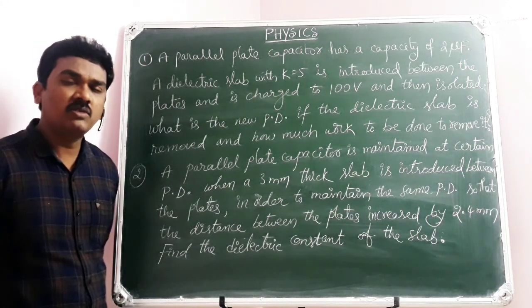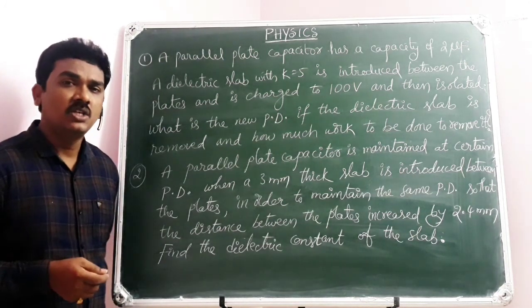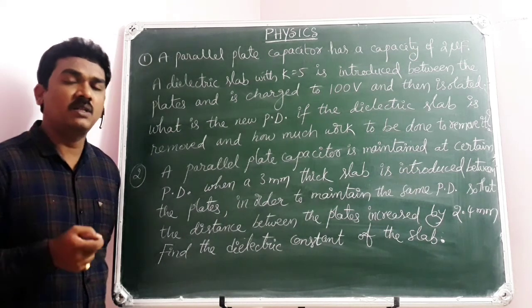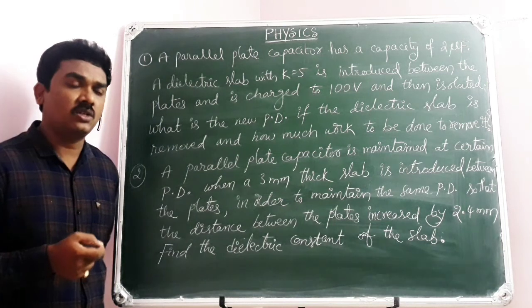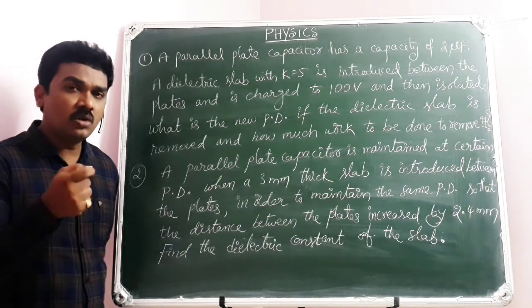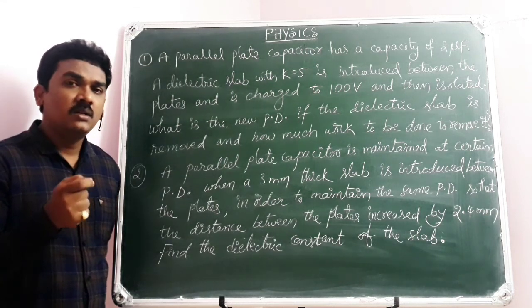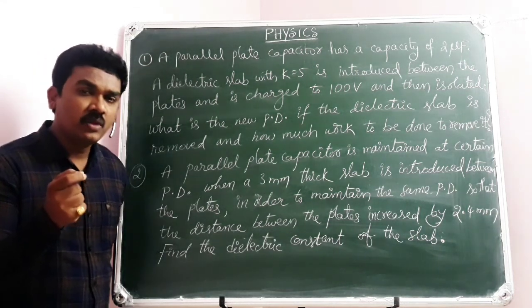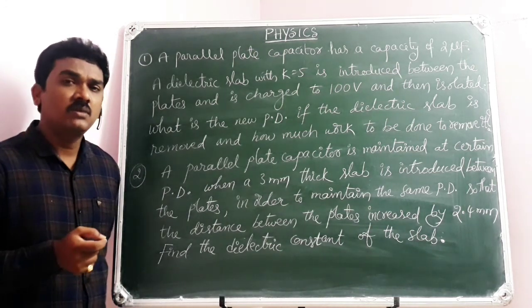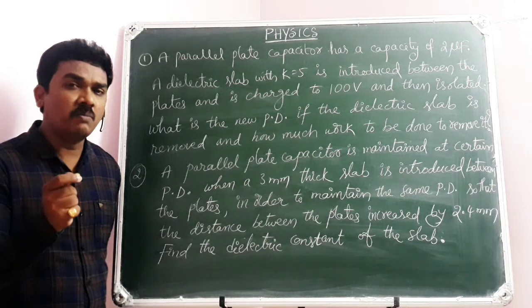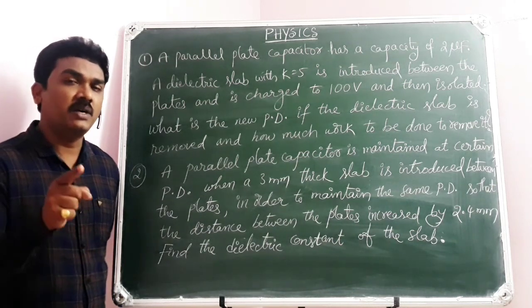And in every case we have seen how the electric field intensity between the plates is going to change and how the potential difference between the plates is going to be affected, including the energy stored in the capacitor, everything we have done. But the two key points are: when you are keeping dielectric material between the plates of a capacitor, on keeping the battery attached to the capacitor, then the potential difference on the plates remains constant even after keeping dielectric material.